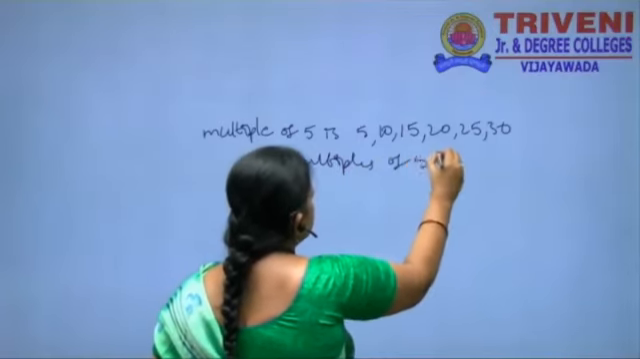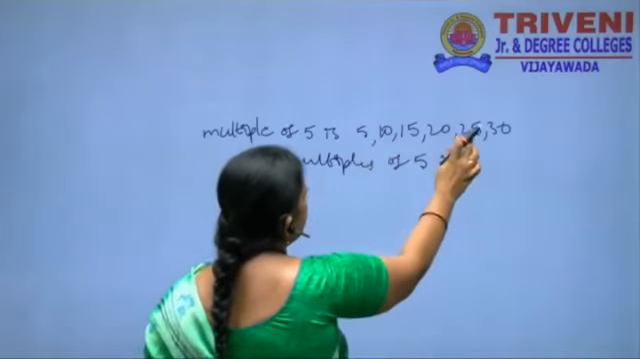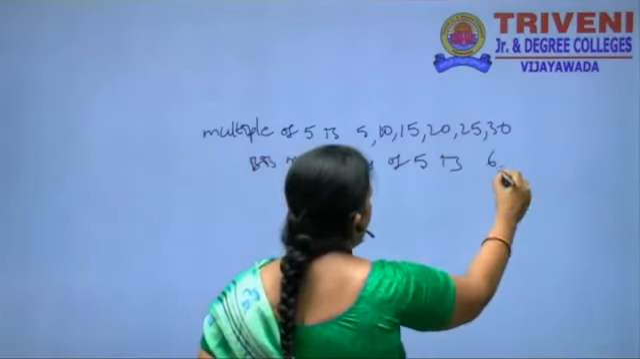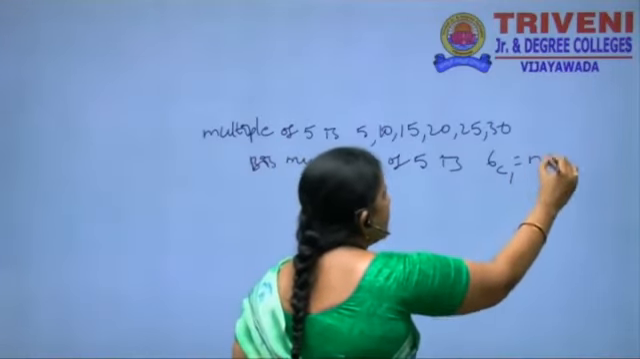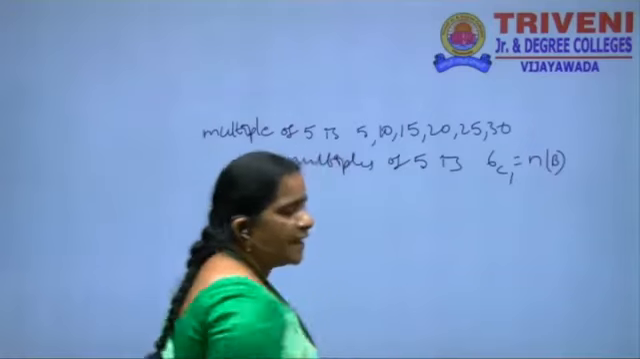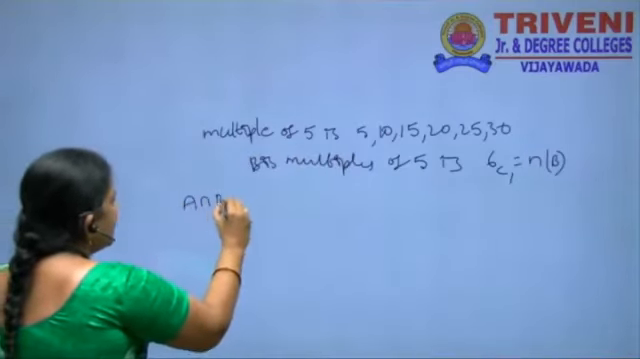That is, how many are there? N of A is equal to 1, 2, 3, 4, 5, 6. We have to take it as 1. That is, it can be written as N of B. Then A intersection B is the event of